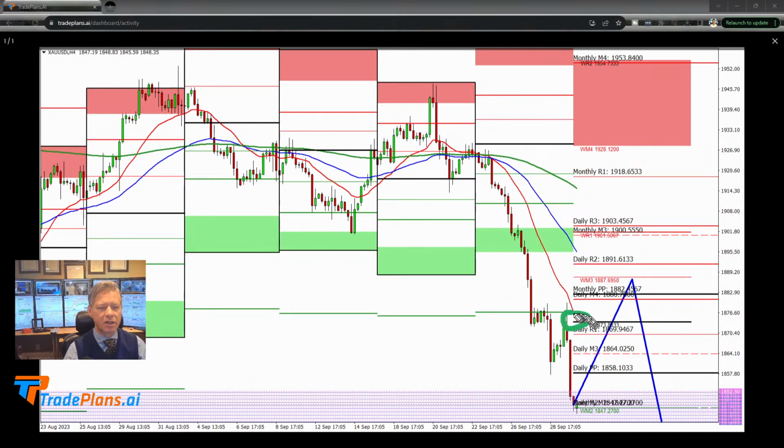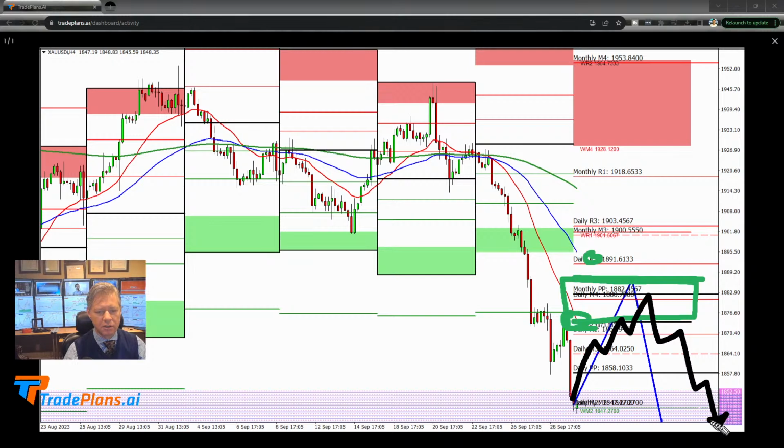Yeah, so there's a selling price here and a selling price here. These are dailies. I can't quite read what's going on. WR1, WM3. Okay, I see what's... Okay, so that makes this a sell zone. And it's a cluster of multiple time frames. So a three-wave correction up and then continuation down.